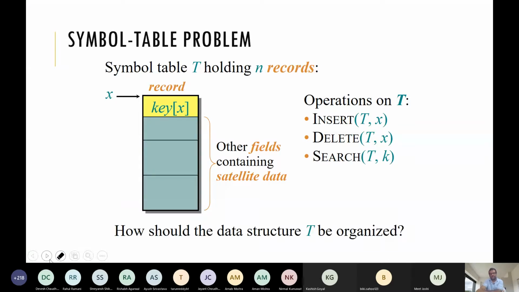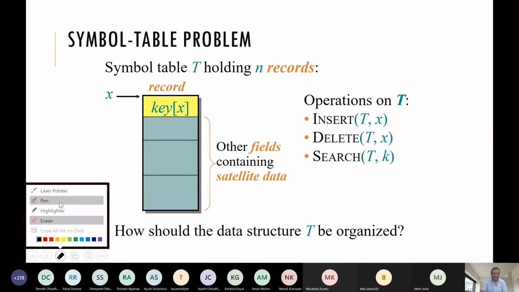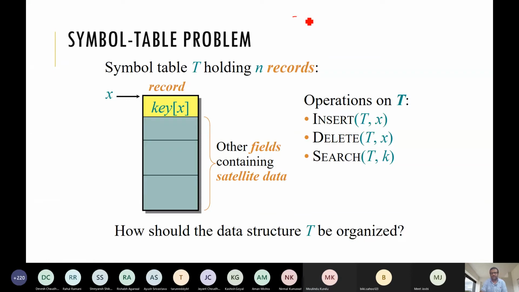Sir, storing the data in a large array where the array index will be that key, maybe. Yeah, so that is a good idea. Suppose we have a set like this, say 4, 3, 1, 5. Suppose this is our key values. So what are you suggesting?